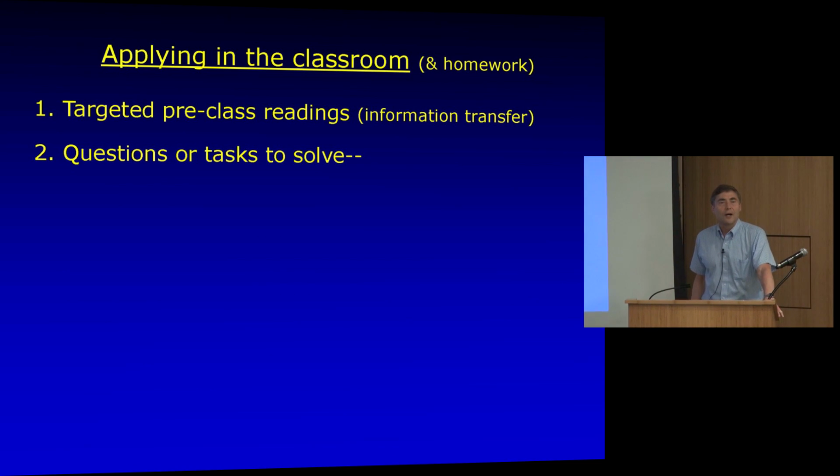So let me talk a little bit about, and I'll give you a little more detail about how this is applied in the classroom, and I can go into lots more detail later on if people want. But a typical way this would be used in teaching is first, the students would start out by having a targeted